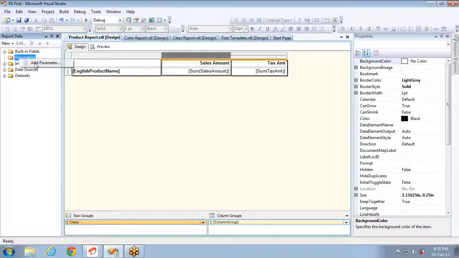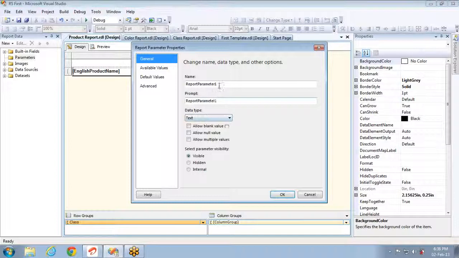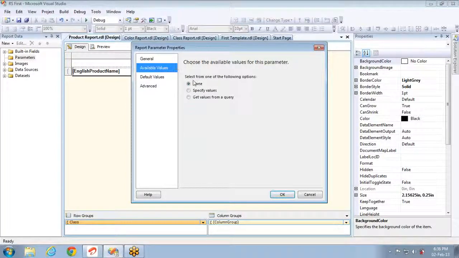I'll name it color para, I'll prompt it as color. Here I can click on only one particular cell of a text box, so I will not allow multiple values, and I'll go for available values nothing and default values nothing.